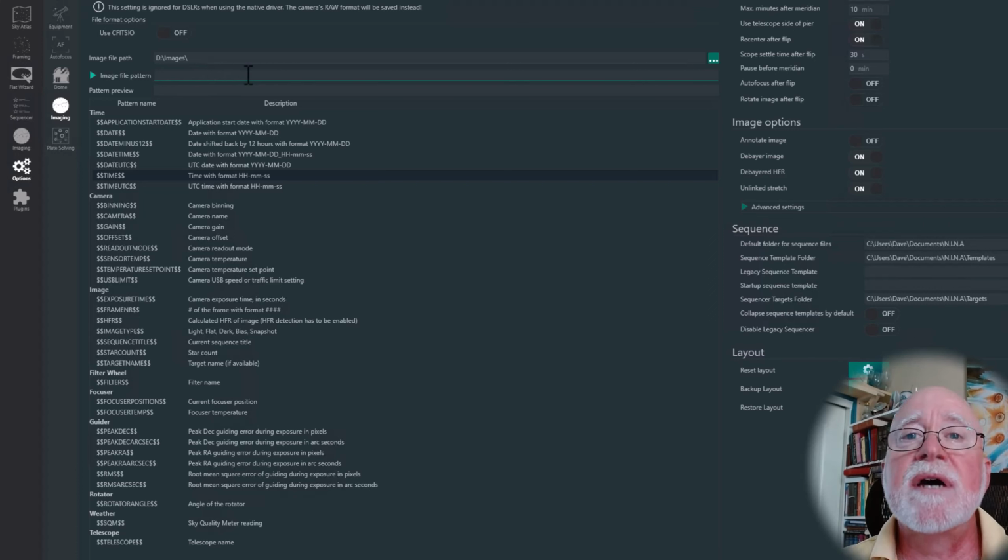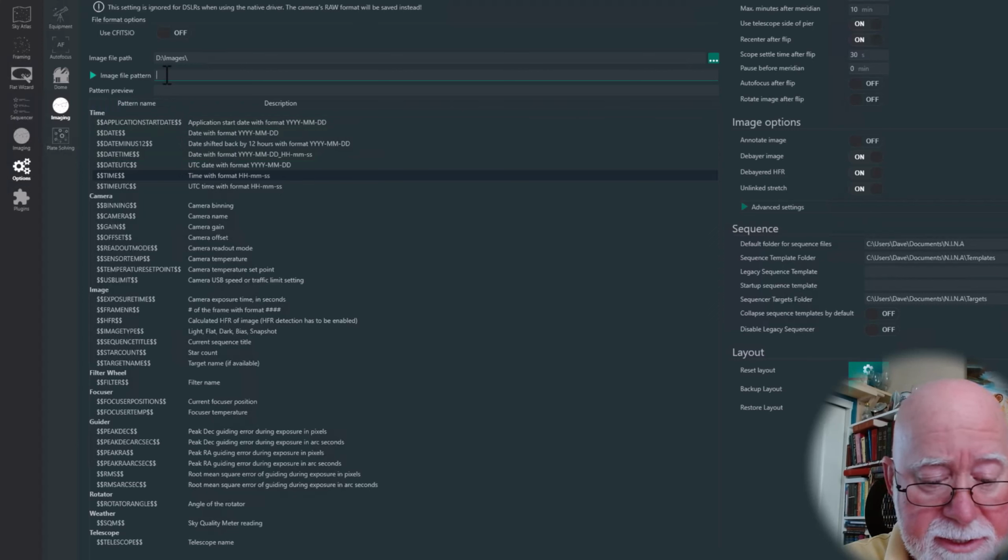So for instance, I want to start off my files to be saved out to a directory which tells me what the target is. So to do that, I can come down here to the image, and I can see that there is a variable here, or a parameter if you wish, called $$TargetName$$. So I'm going to go ahead and I'm going to type that,